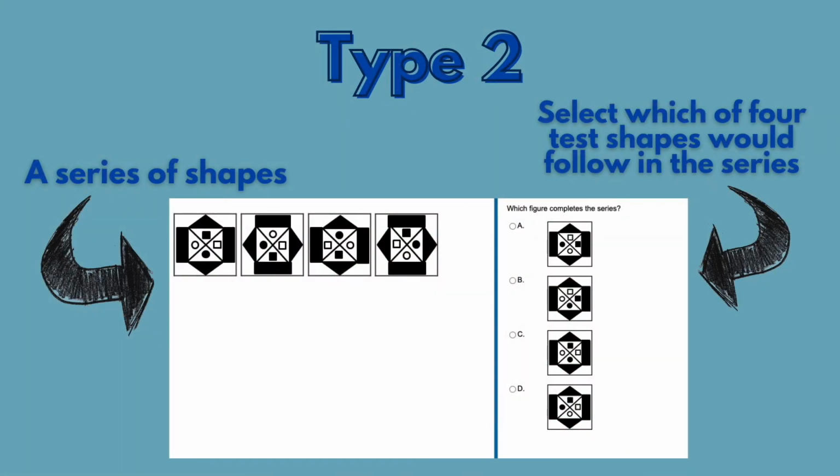Now let's talk about how to ace question type 2 in abstract reasoning. If you remember, question type 2 is a series of shapes where there is a progression of a rule. Our advice is to focus on one feature within the box and see how that progresses throughout the series. For example, if there is a black shape within each box, start with the first black shape in that box and see what happens to it as the series progresses. And then do that with the next feature that you can see. That way you save a bit of time as you try and identify from one feature what that pattern is.